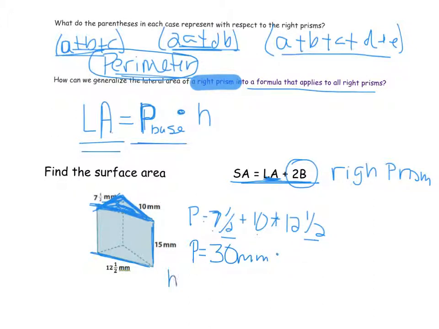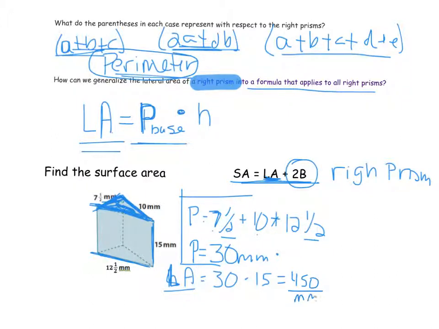So to find my lateral area, I take that perimeter, and make sure that you're using the variables that allow me to see what it is that you're figuring. So here we figured the perimeter. Now I'm figuring the lateral area, so I took the perimeter and I'm going to multiply it by the height. So 30 times 15 is 450, and that's millimeters squared because we're talking area. So that gives us all the way around. So if I'm finding the surface area, I have my 450